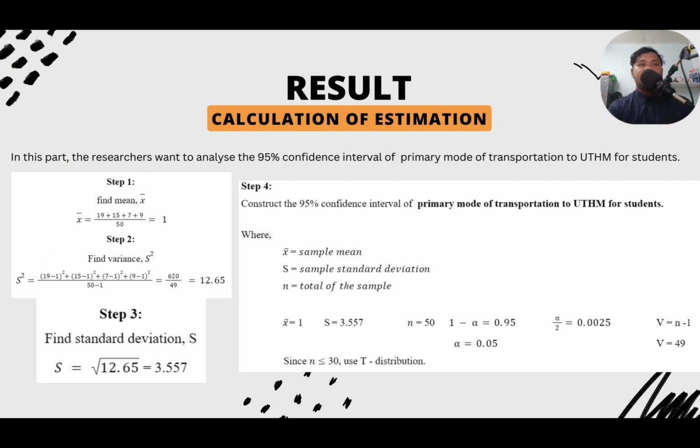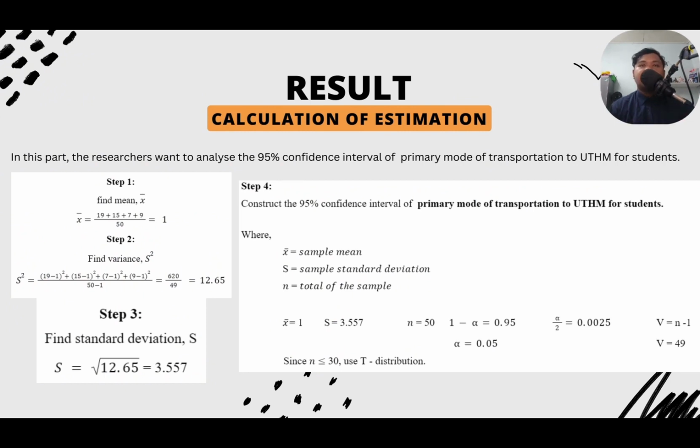Standard deviation is s without the power of 2. So with that, the power of 2 will be transferred to the other side for the 12.65, and we get 3.557. With the value of the standard deviation, we will go to step 4 to construct the 95% confidence interval of primary mode of transportation to UTHM for student, where x̄ is a sample mean, s the sample standard deviation, and n is the total of the sample. We get mean equal to 1,